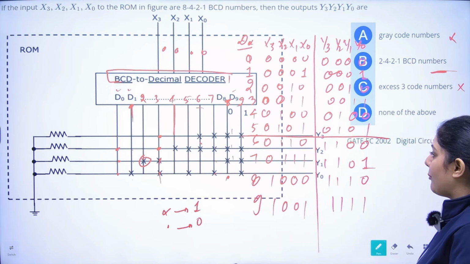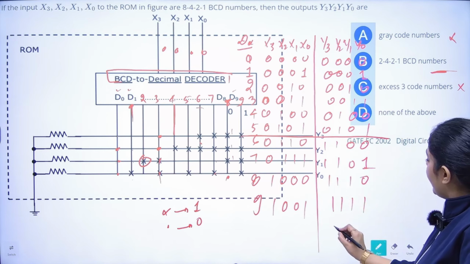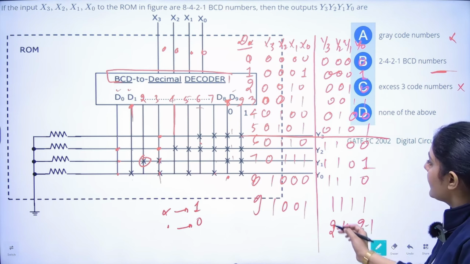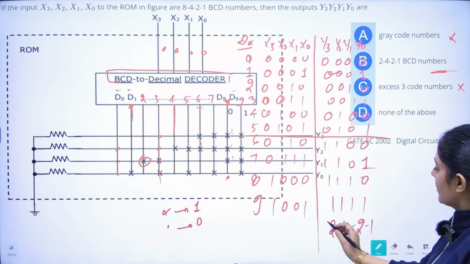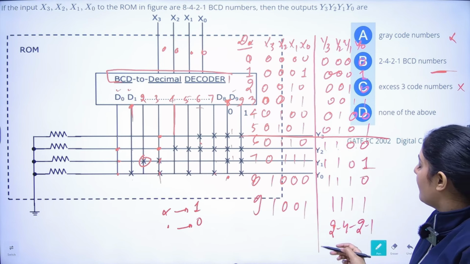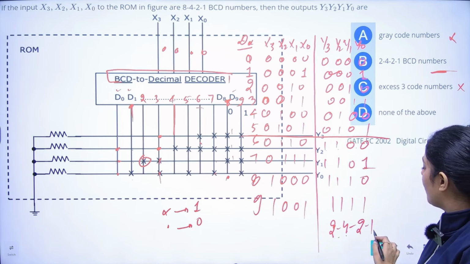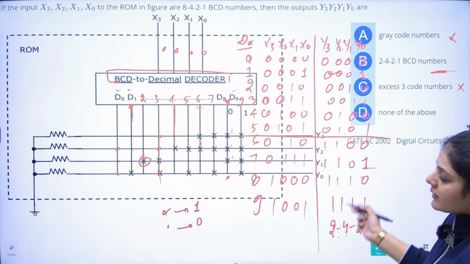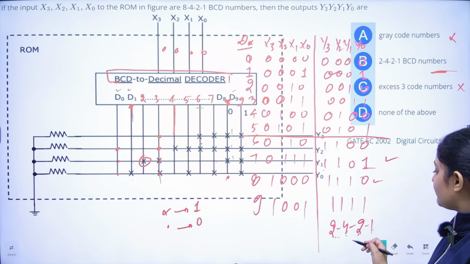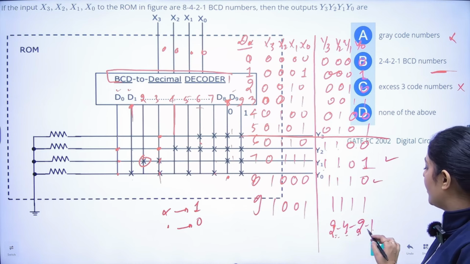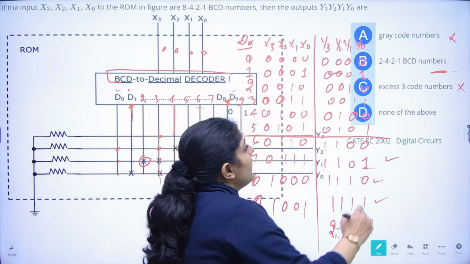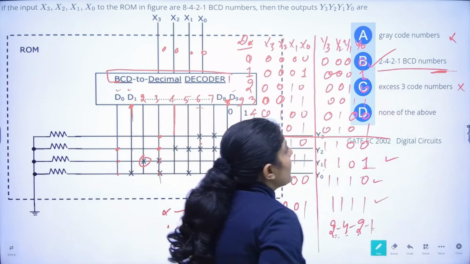So after 5 what happened? So this is BCD. But now if I write in 2421 codes, in 2421 code 6 is 1100, because 2 plus 4 will be 6. 1100. And if we talk about 7, 7 is 2, 4, 1. So that is your 7. And if we talk about 8, 8 will be 2, 4, 2. So that will be 1110. And if we talk about 9, that will be 2421. That is correct. So this is nothing but 2421 BCD numbers. This type of coding is 2421.